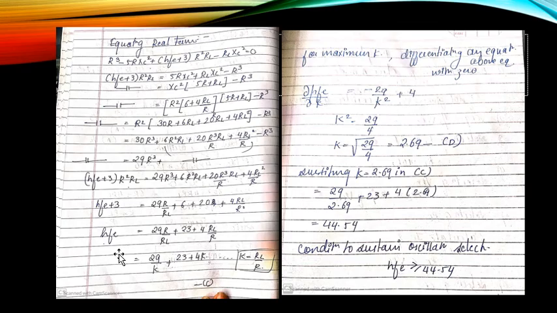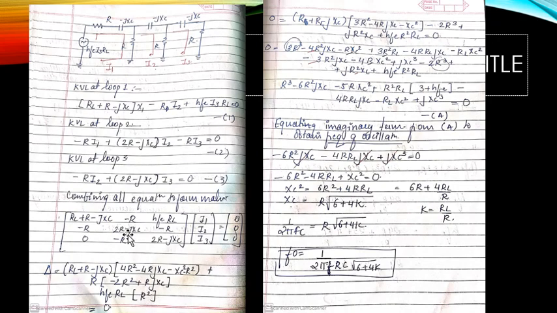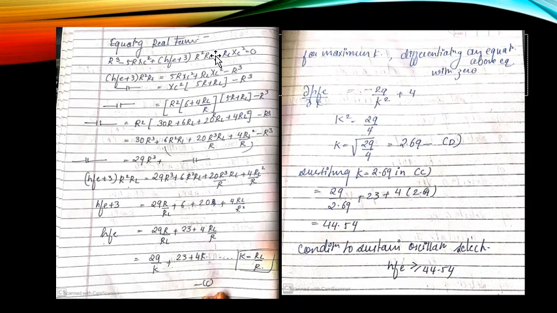Next, now by equating the real terms, having brought the imaginary terms together to form this particular formula, the real terms will again be equated to form this equation, that is 29 upon k plus 23 plus 4k. So basically by equating this, we got k is equal to RL plus R. Okay, so this is nothing but the k value. So basically the k value should be assumed to be at its maximum. So k square is equal to 29 by 4. k is equal to root of 29 by 4.